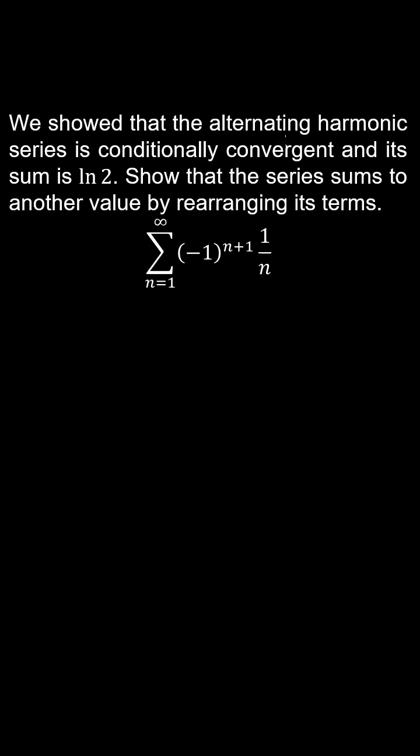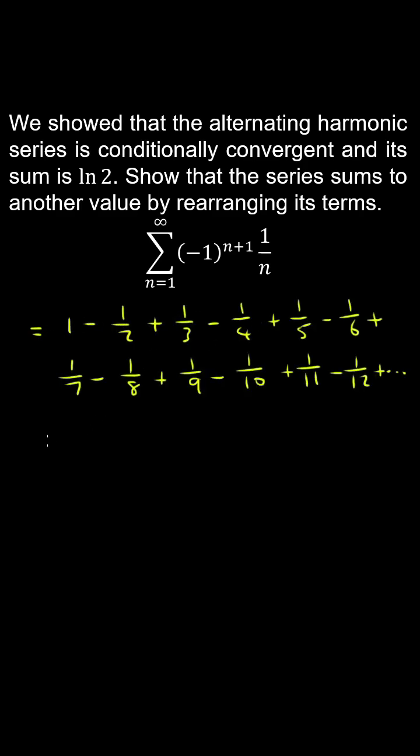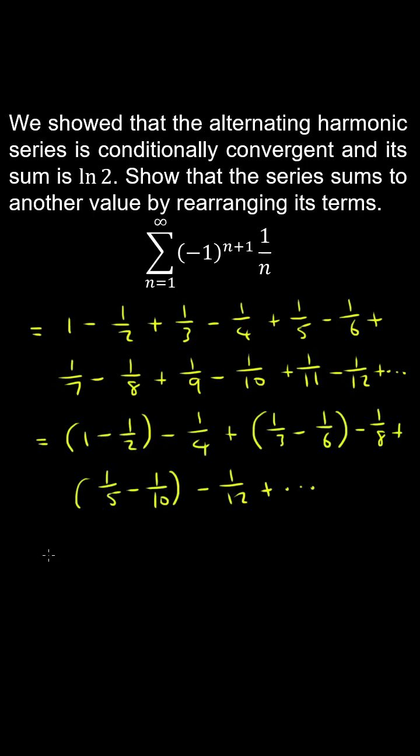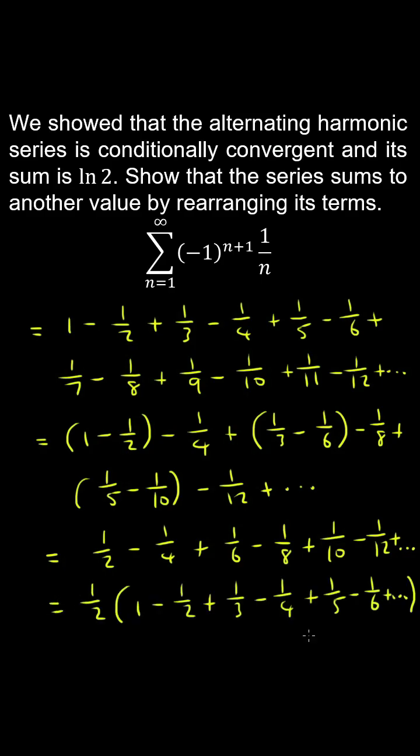We showed that the alternating harmonic series is conditionally convergent, and its sum is the natural log of 2. Show that the series sums to another value by rearranging its terms. So let's expand a few terms out of this series. And now we group some of those terms, so the fractions subtract nicely. And now evaluating the terms in the brackets, we obtain the following result. And now we can factor out the half. So now we recognize that this is the alternating harmonic series,